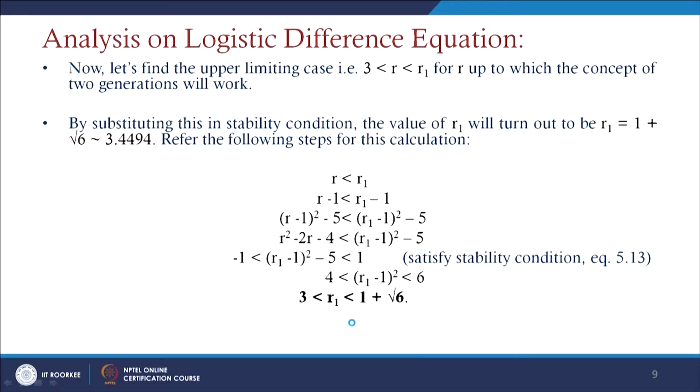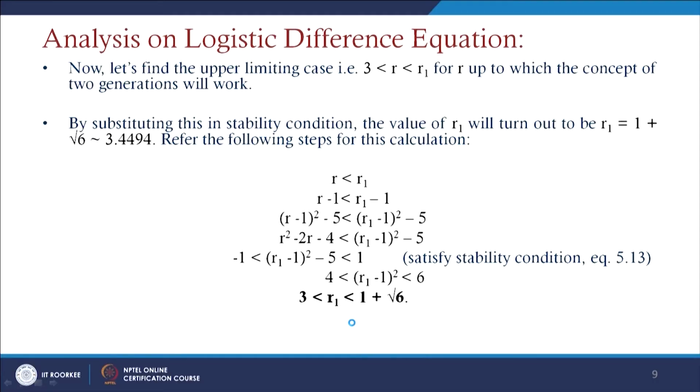And if we go for this upper limiting case, that is how far we can go so that we have a stable solution, since we are assuming that r is greater than 3, we have to find a limiting point where it will have a different character or different nature. Since we have to find that r equals 3.9, we have a chaotic nature.